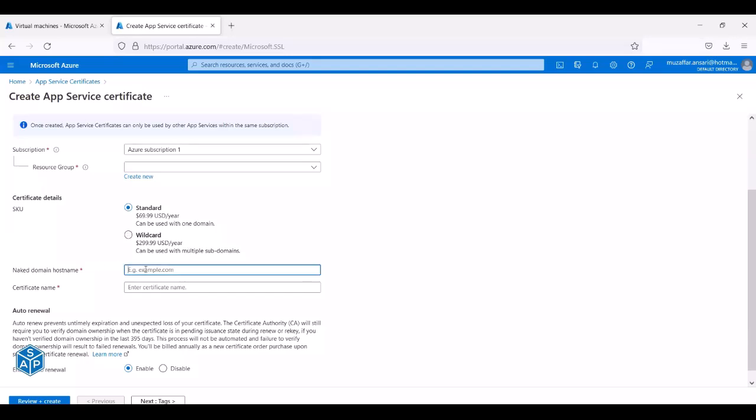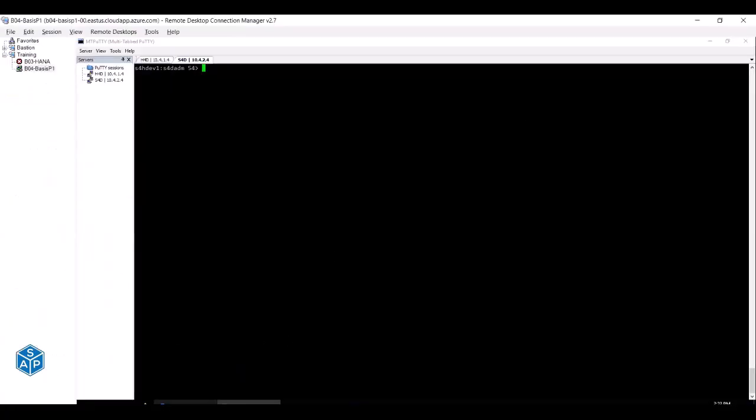Okay, you can give the domain name over here, example.com, and the certificate name that you want for the certificate. Once you create this certificate, you will be charged that amount and you will get the SSL certificate. Now, how does that SSL certificate look like? So if you come over here,